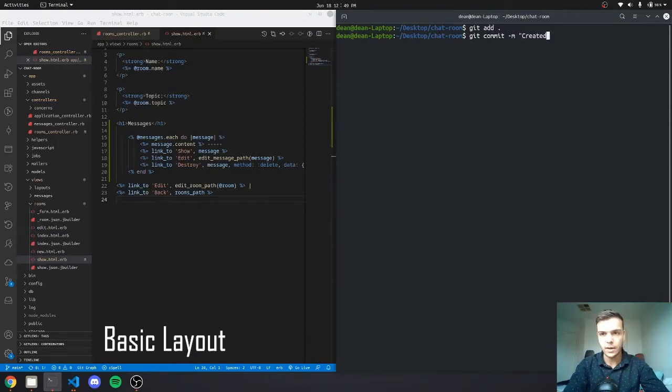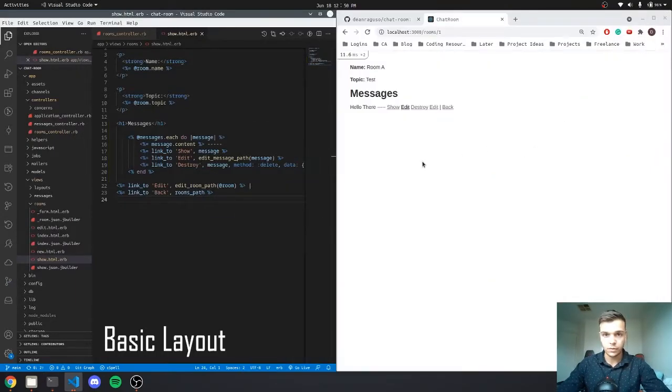Okay, created room displays associated messages. Okay, rerun the server. Now the next step that we want to get to is we want to